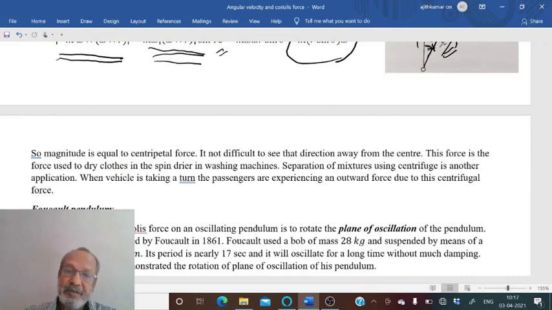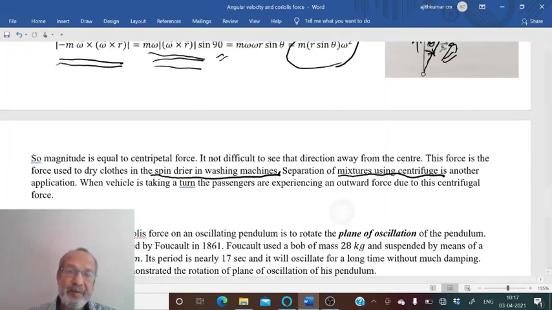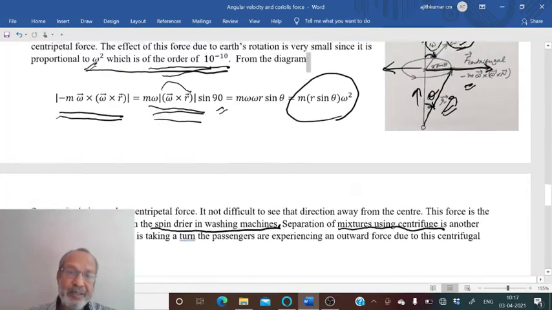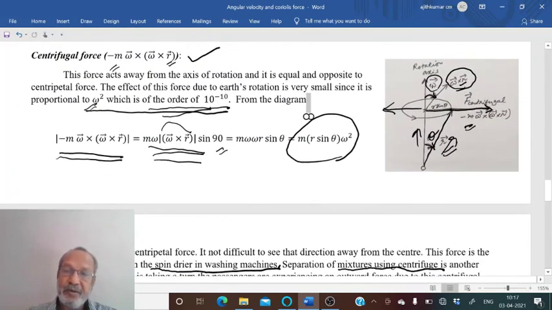In chemistry, it is widely used in separating mixtures using a device called a centrifuge. Another application is the spin dryer of washing machines. When the washing tub or spin tub is rotating fast, there will be an outward force on water particles. So water will be thrown away from the tub through the holes.